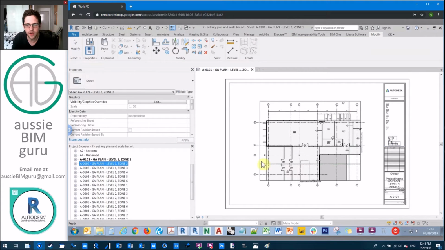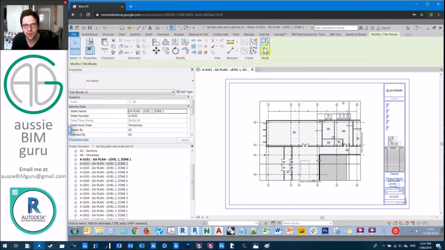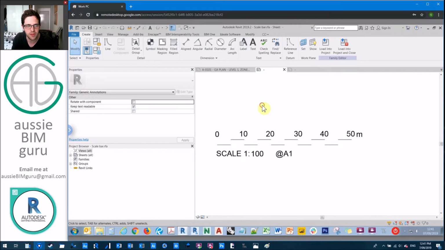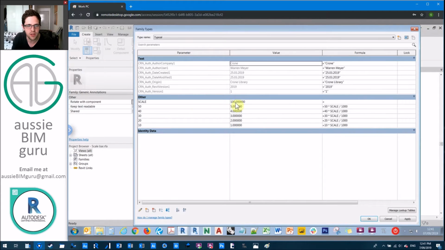So we need to find a way to automatically set that using Dynamo. What I'm going to do first is add a scale bar to my title block. So I've got a little scale bar family here. The way that it works is it just has a whole bunch of formulas that are driven by a scale